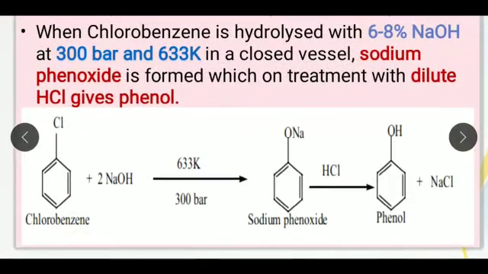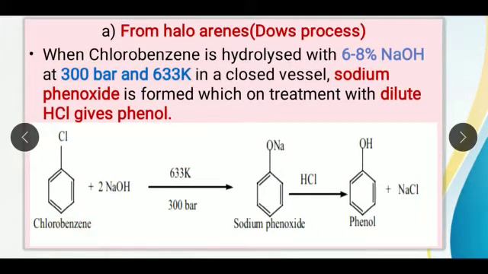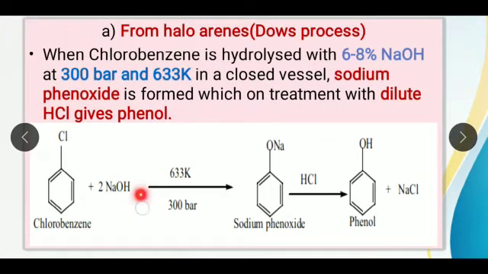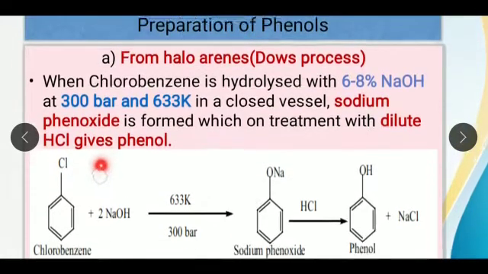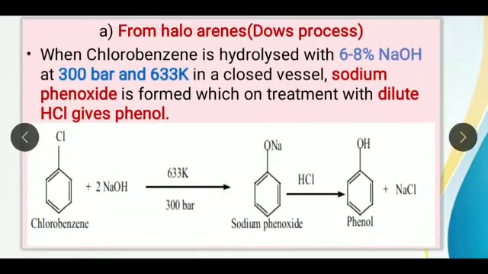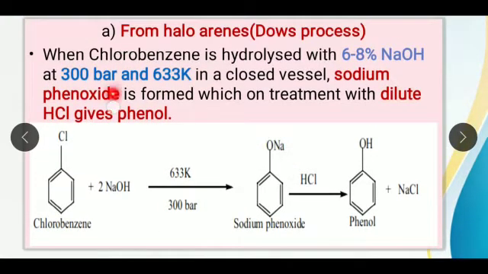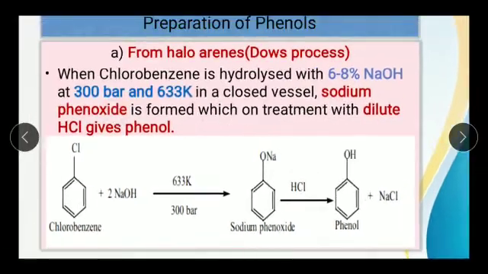Next we are going to the chemical reaction. First we are taking chlorobenzene. What is chlorobenzene? In the benzene ring there is one Cl. It is named as chlorobenzene, plus NaOH. In NaOH we have a replaceable hydrogen. If this hydrogen reacts with Cl, we are getting hydrochloric acid. Then the remaining ONa is attached to the benzene ring instead of chlorine. So we are getting sodium phenoxide.